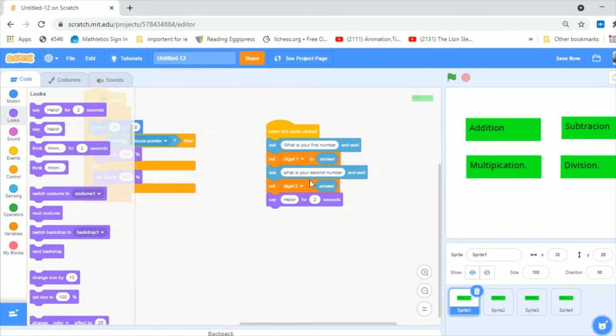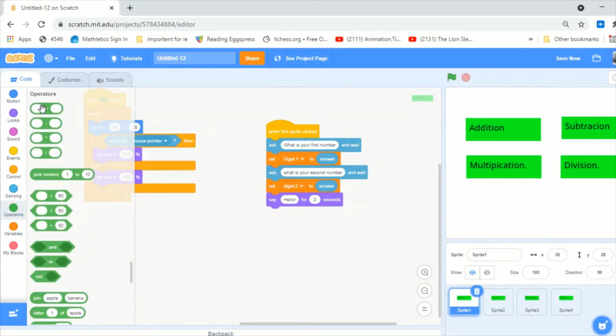Then after we put in this block, we have to go to operators, and it says some code here. So it says something plus something, something take away something, something multiplied by something, and something divided by something. This block is useful for adding, subtracting, multiplying, and dividing stuff. So we wanted to say,